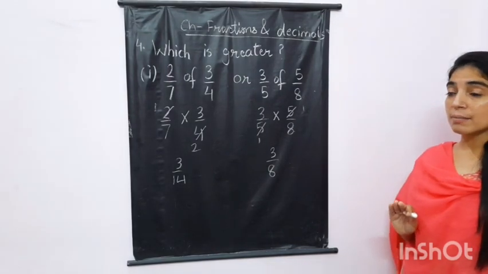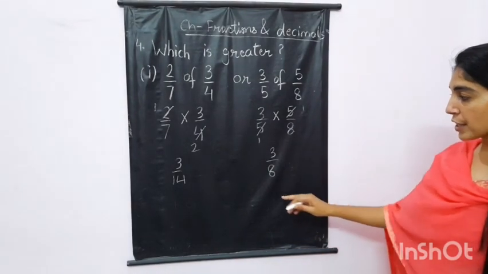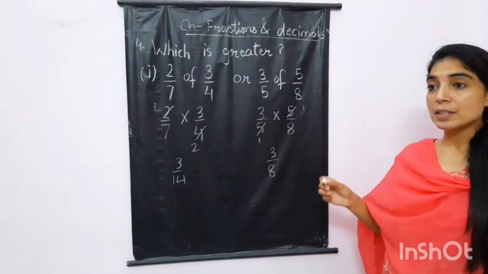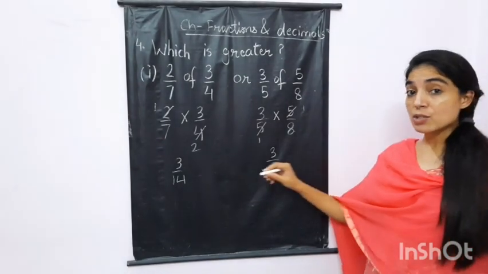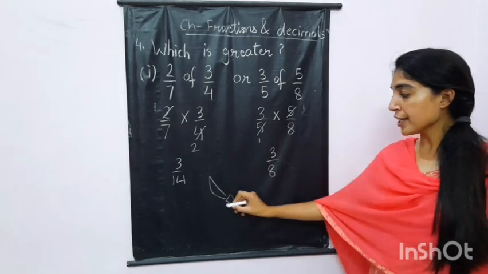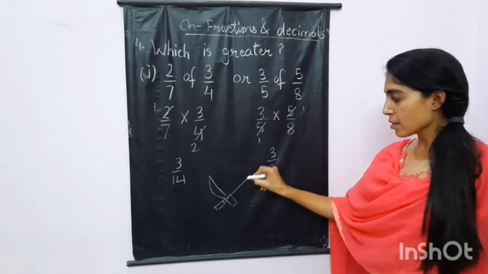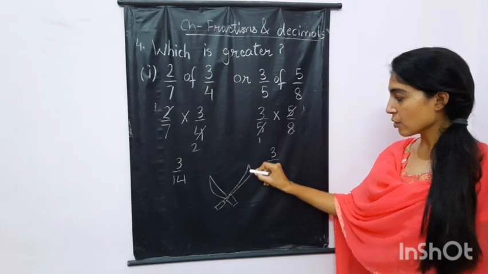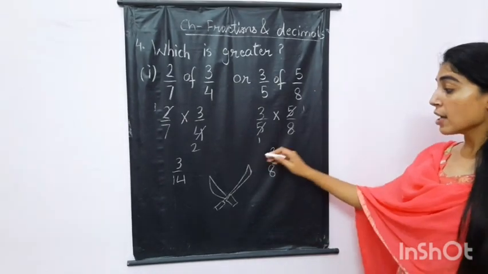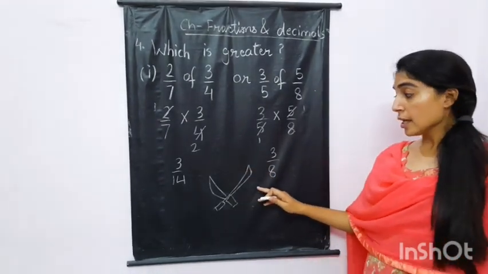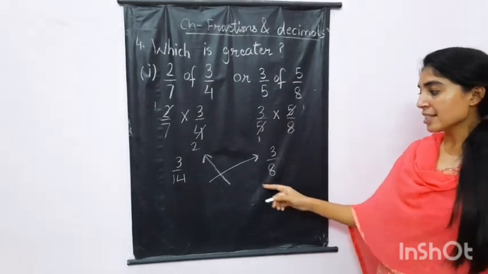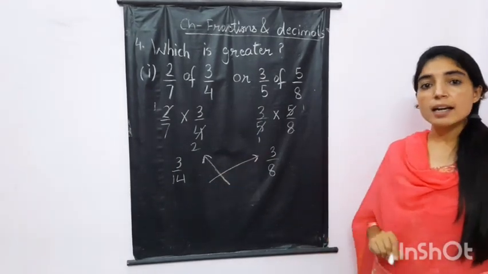that we have to use the cross multiplication method. Now what is the cross multiplication method? See, you must have seen that some people decorate swords. When they decorate swords at their home, how do they decorate? Always swords point upwards, like this. We can decorate them like this, always pointing upwards. So here also in this case, we will be pointing the arrows upwards. Now I have replaced swords with arrows pointing upwards.